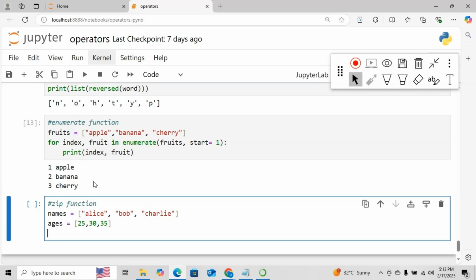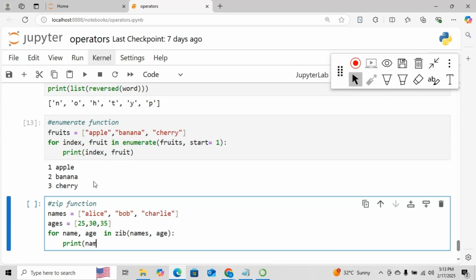Now I'm using a for loop again. So here: for name, age in zip, I'm using the zip function: zip(names, ages):